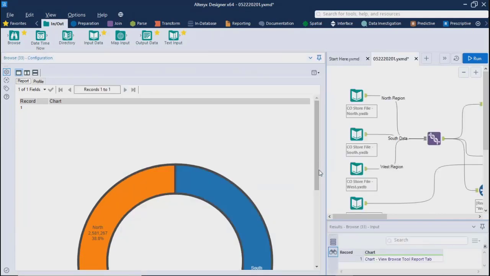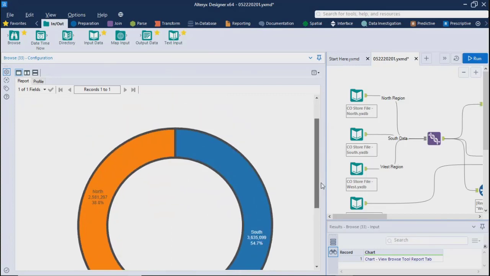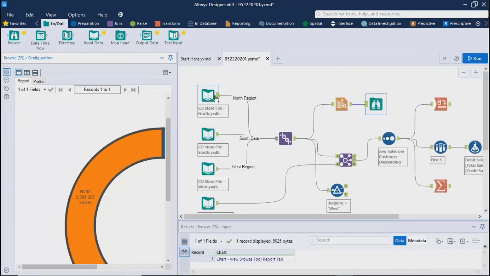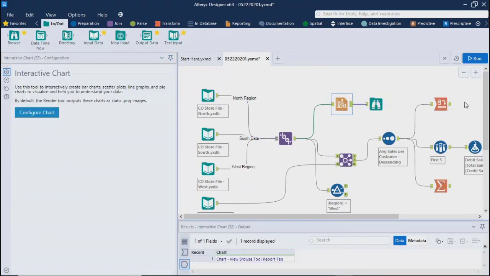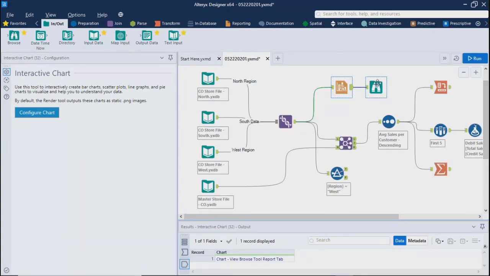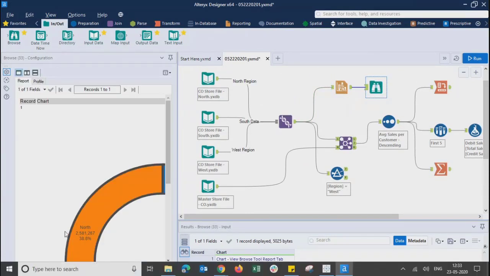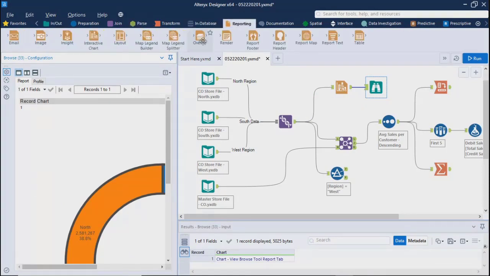Okay, so you can see the exact chart what we created over here. See what happens, in most of the controls you need to use browse, otherwise you will not see the result. Correct? For data tools, you can definitely see the results over here. But for things like chart or maybe some other things, you really need to use browse. As of now, we have not used layouts. Once we start using layout, we can put this in a kind of dashboard. Over there, we can use multiple charts in this particular layout.